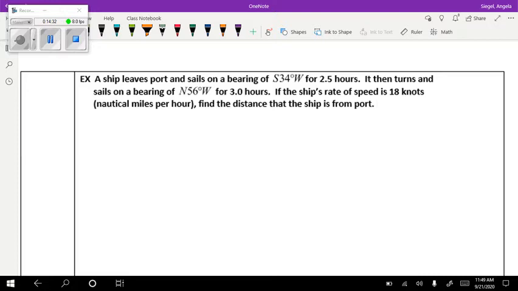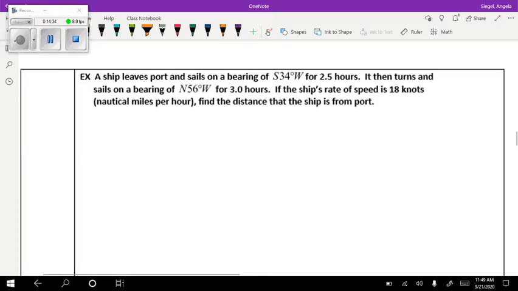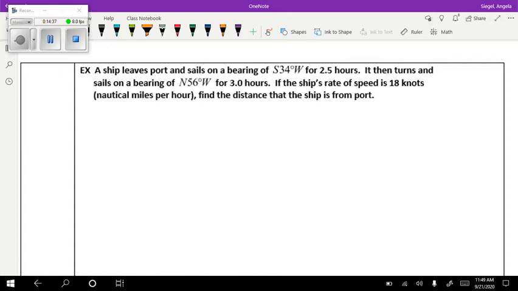Okay, so for this one, a ship leaves a point on a bearing of, so this is that new type of bearing, for 2.5 hours. So remember, distance equals rate times time. This is going to be one of those problems. So let's start off with what this means, first of all. It's going south 34 degrees west. So this is 34 degrees west. Okay, so we're starting there, and we're going for